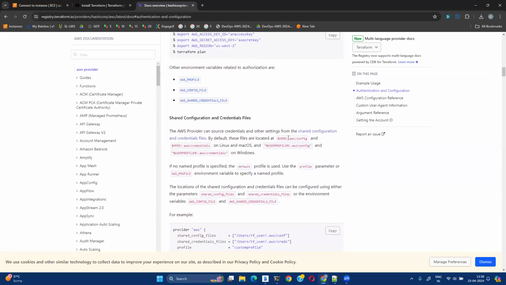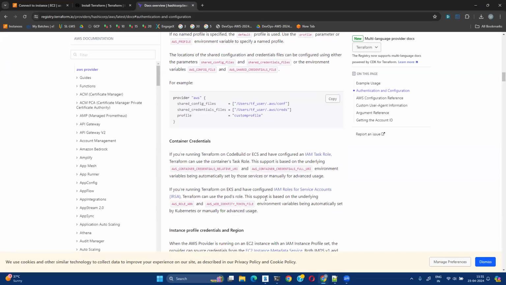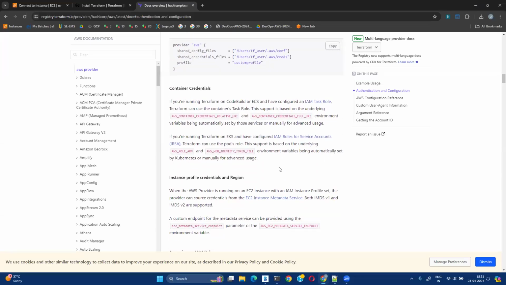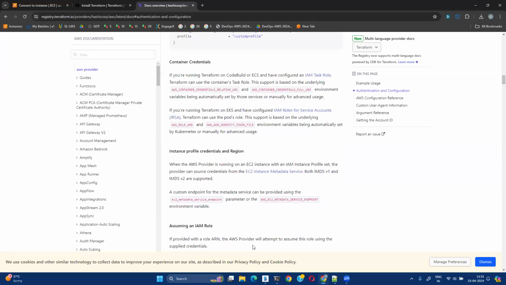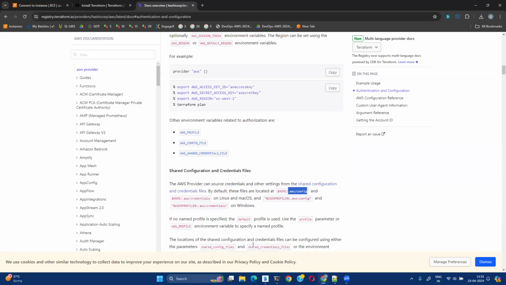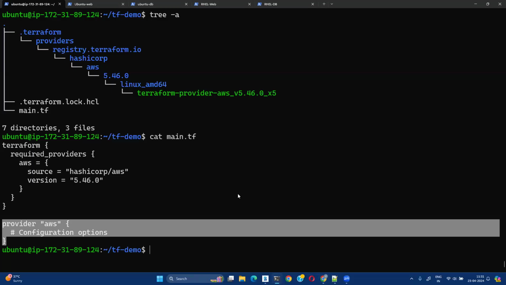Next is you can have the AWS config file where you can have your credentials, right? So you can create credentials here, or you can have container credentials. So if you are running on some container environment, we can add the credentials, or there are many other ways. Okay. So what I'm going to do is fall back to the most insecure, but the easiest one to implement, which is the configuration file. So in the configuration file,